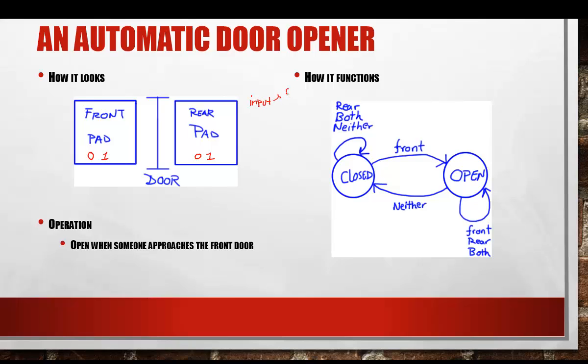It's either someone at the front door and no one at the back door, someone at the rear door and no one at the front door, someone at the rear door and someone at the front door, or no one at either the rear door or the front door. So these are the 4 different inputs that this machine will be able to process, and also, as I said, it can control the state of the door as being in one of these 2 states,